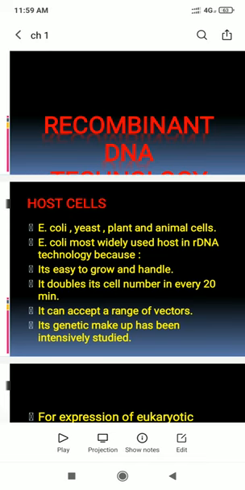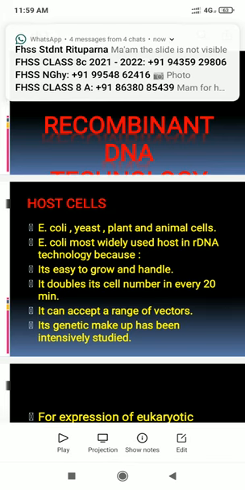Because the first reason is it is very easy to grow and handle. So we can easily grow the E. coli cells in a lab, and